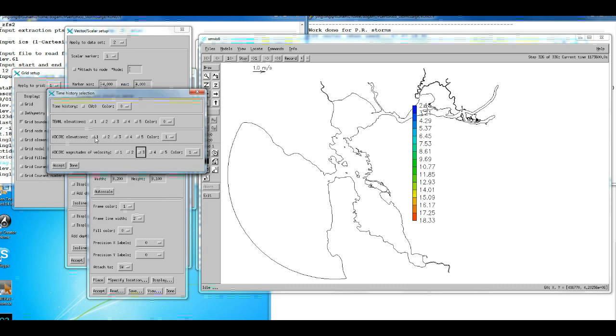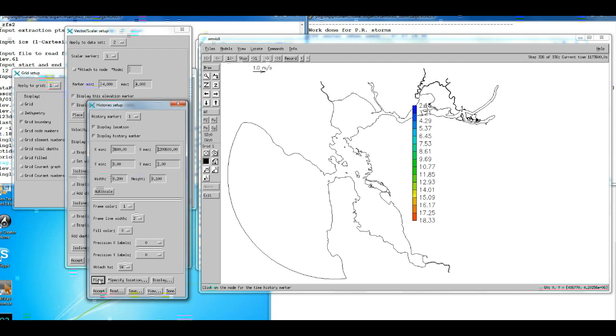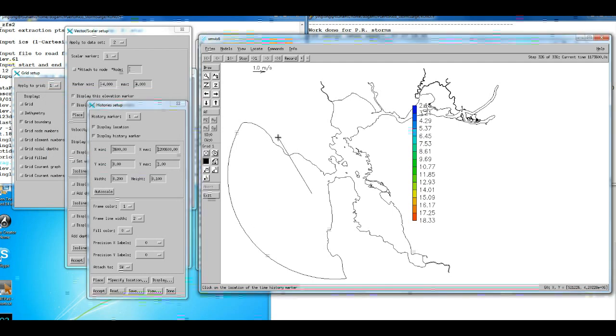If you remember, the first flow field is the elevation, second is salinity, third is the velocity. Suppose you want to visualize the elevation at any particular point, you just depress this and make sure this color dial is anything but white. Accept, done, and then you place it anywhere you want, here, and then click again,